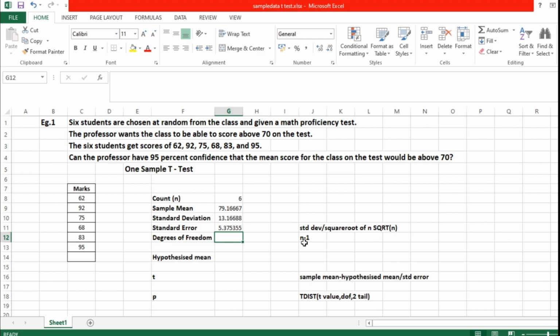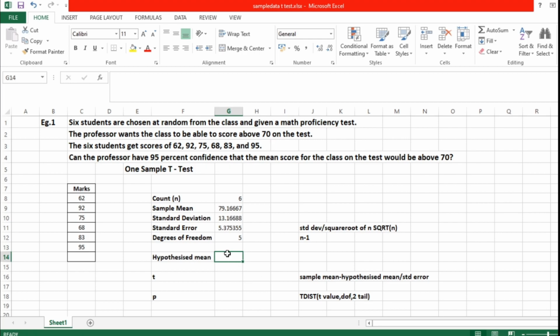And finally, in degrees of freedom, we are just going to find n minus 1. Since it is a very small sample, 6, 6 minus 1 is 5. I'm just making it 5. Then I'm going to work out the hypothesized mean, as the problem itself states that 70 is the standard the professor expects from that particular group of students.